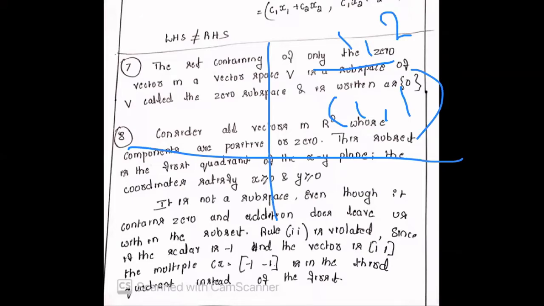When you add these two, what do you get? 1 plus 1 is 2, 2 plus 1 is 3. Actually you will get (2, 3). After adding (1, 1) and (1, 2), you got (2, 3). That is also present in the first quadrant, so there is no problem in that. But one more property you have to prove. The question is whether the first quadrant is a subspace. That means x and y should have positive values, greater than or equal to 0. That means it's the first quadrant.